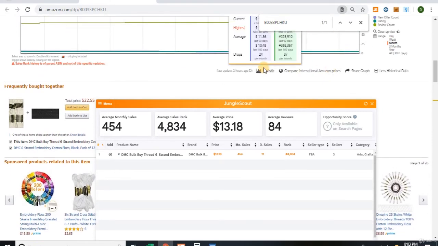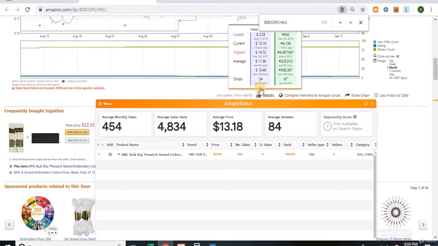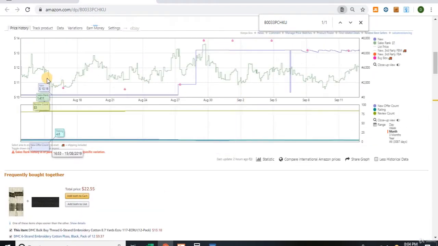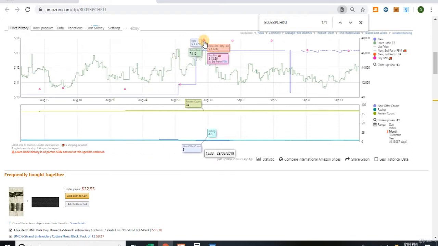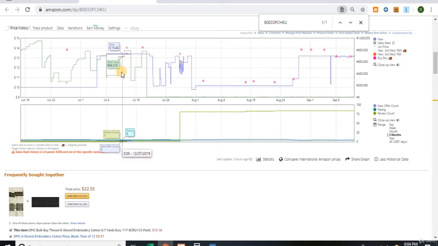let's just go down here. Okay, so the average sales rank is actually horrible. Current sales rank. So let's see. It's been doing pretty good. Yeah, the sales rank has been pretty steady the last month. Price has gone from $10 up to $13.86. So the price has gone up. The sales rank has been pretty steady, but the last 3 months,